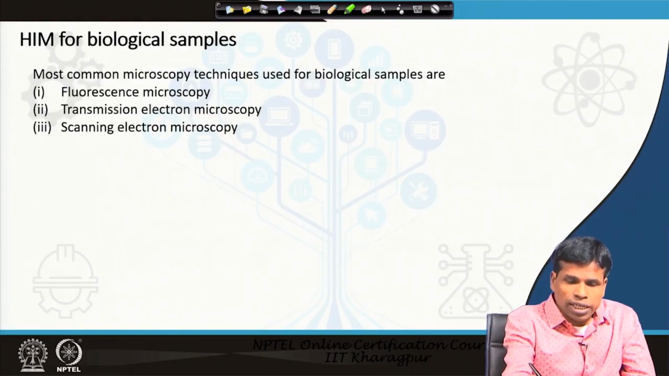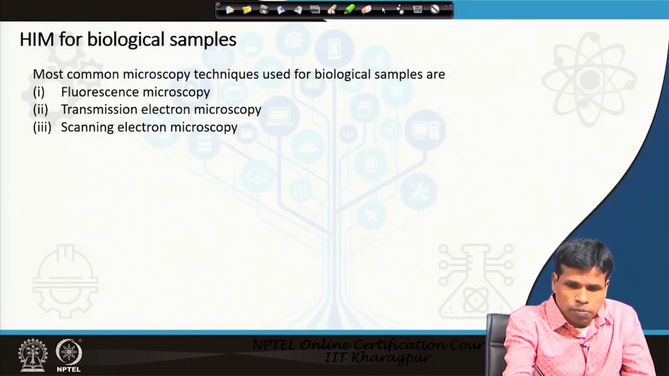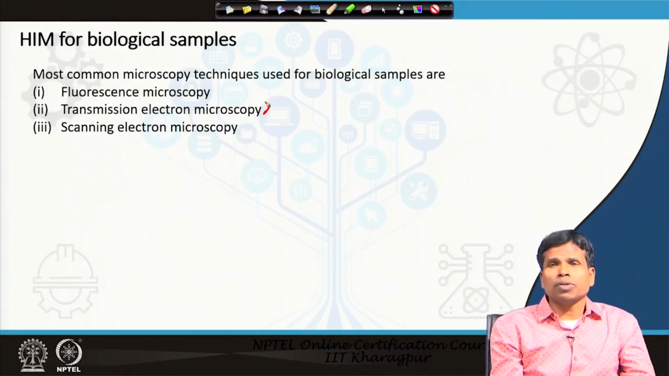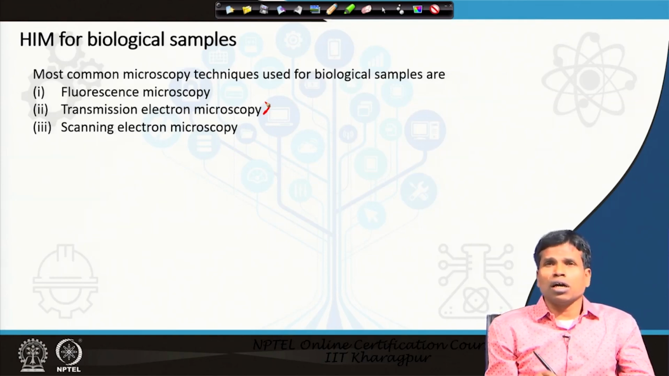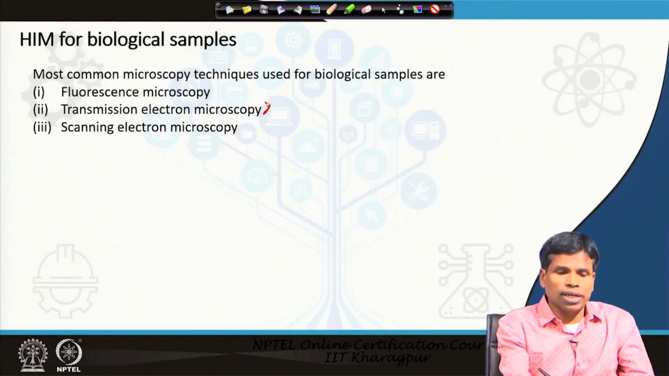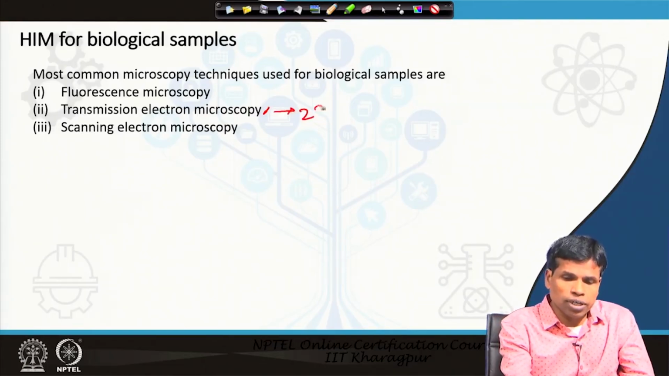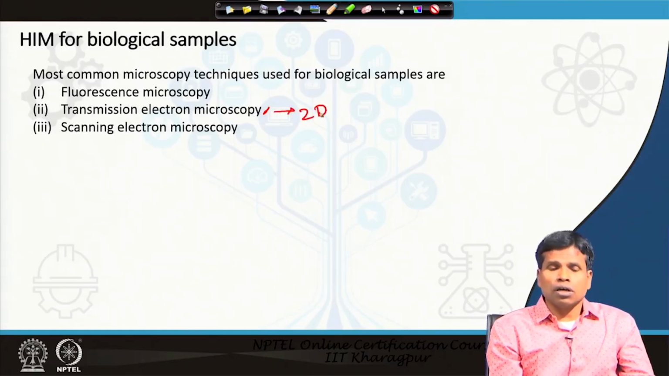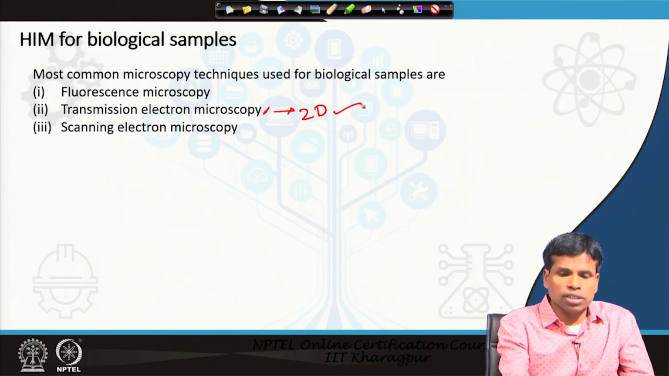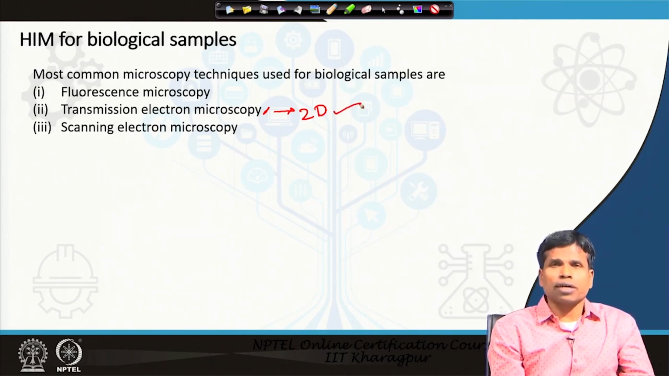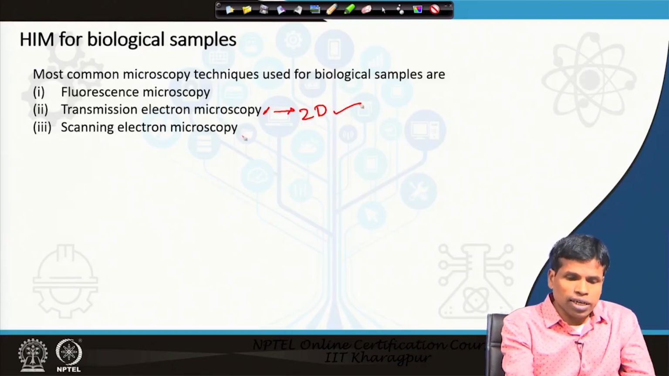On the other hand, in the case of a transmission electron microscope, the sample has to be cut into thin sections so that the electrons can pass through the specimen and produce the image, and it gives you a 2D image of the specimen. Again, the specimen preparation technique is not that straightforward or easy. One can use a scanning electron microscope, which can certainly give a 3D image,